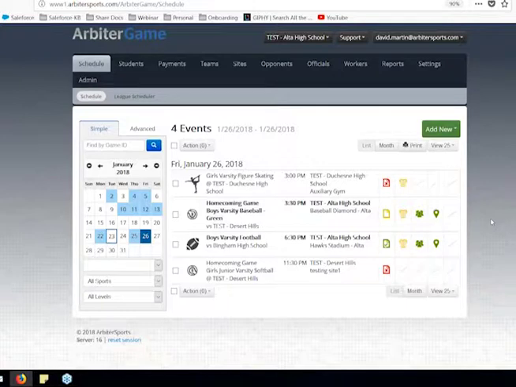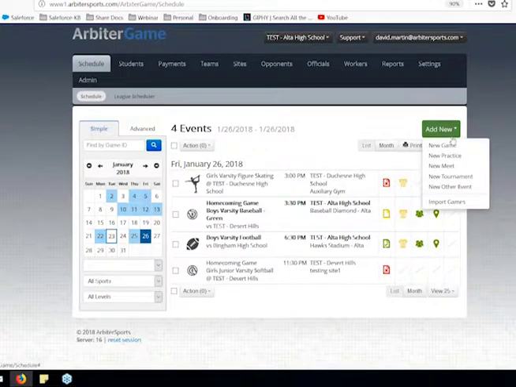So practice is the same. We'll get into meets and tournaments because those are a little bit different. Now, what's the difference between a meet and a tournament? Best way I always remember this is there's always a track meet, which means that there's multiple schools during one game, versus a tournament is actually multiple games.